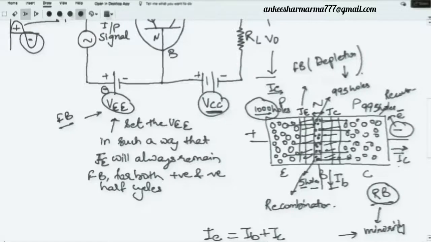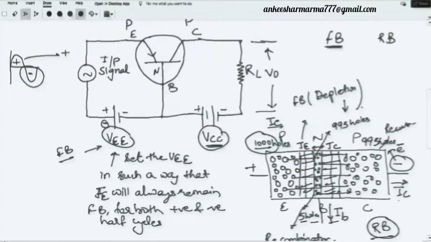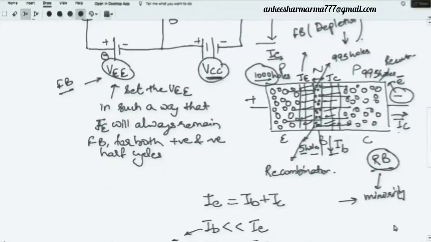in the case of your forward bias and the reverse bias case. Now I'm going to add my signal. Look at this, this is an extra thing. Once you have understood the concept of these biasing voltages, I can now add this signal. Now once I add this signal over here, if I add for example a positive half cycle, definitely this positive will be added with this positive, and more holes will be pushed towards the base region.